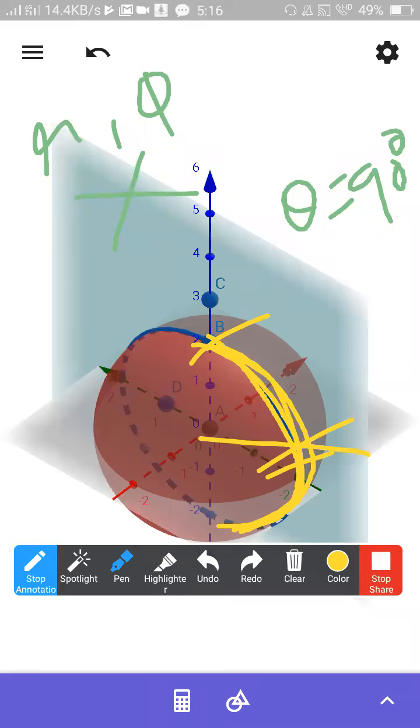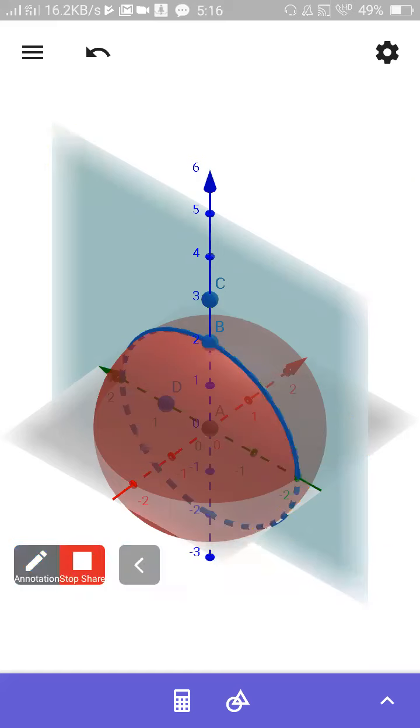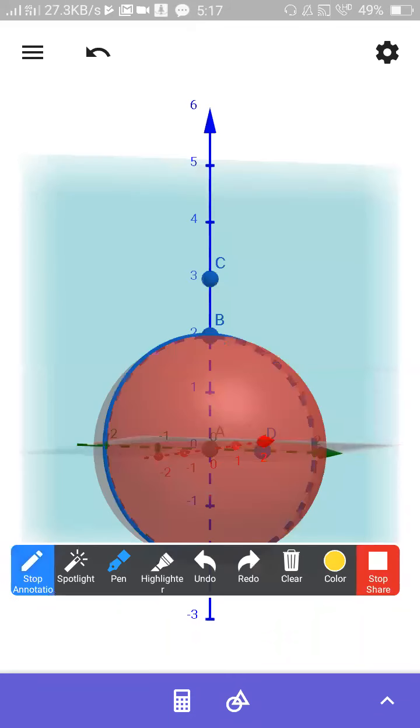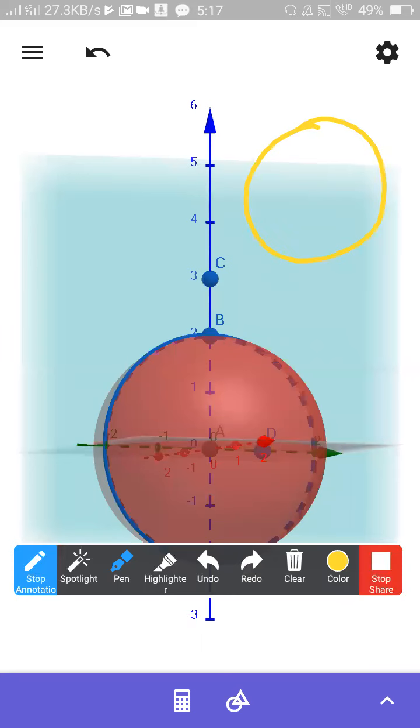So what is the idea here? I can take any sphere, and I can go anywhere on the sphere. If my theta is 0 degrees, it may be like this. If it is increasing, it will go like this. If my theta is 90 degrees, it will be like this. If it is more than 90 degrees, it will go the other way. Like this I can go anywhere on the sphere. This is a semicircular line.